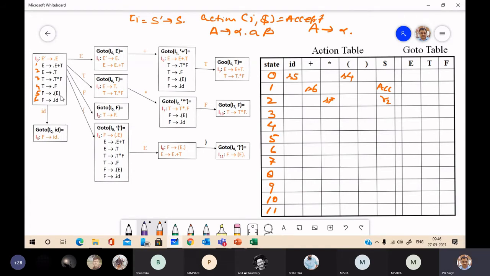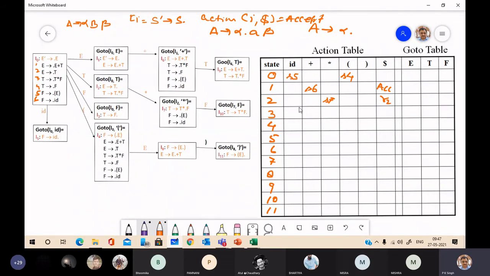The second rule for computing the follow: if we have A → alpha B beta production in the grammar, then follow of B contains all the symbols of first of beta. In that case, first of beta is nothing but closing bracket.